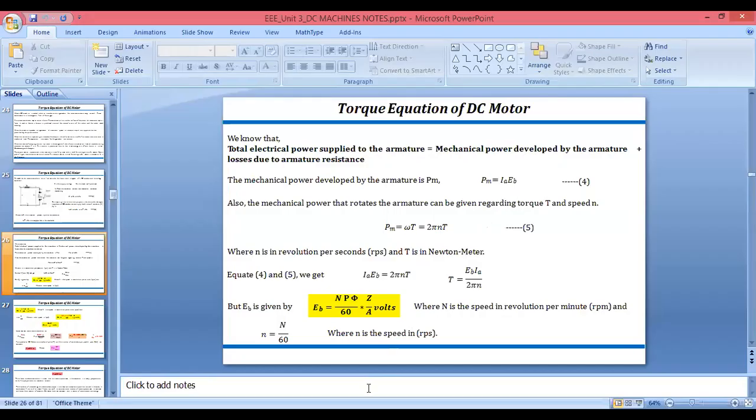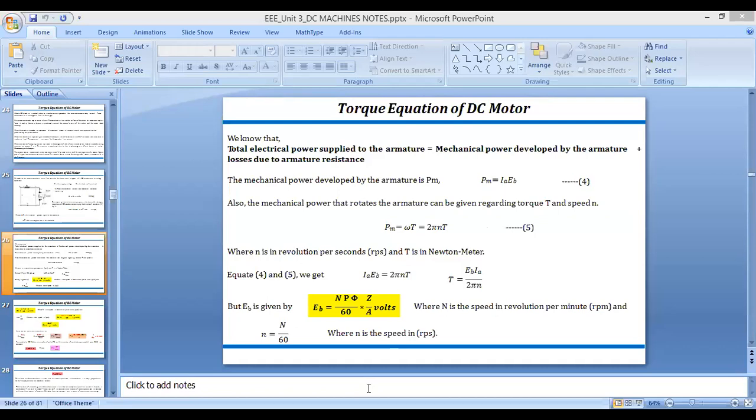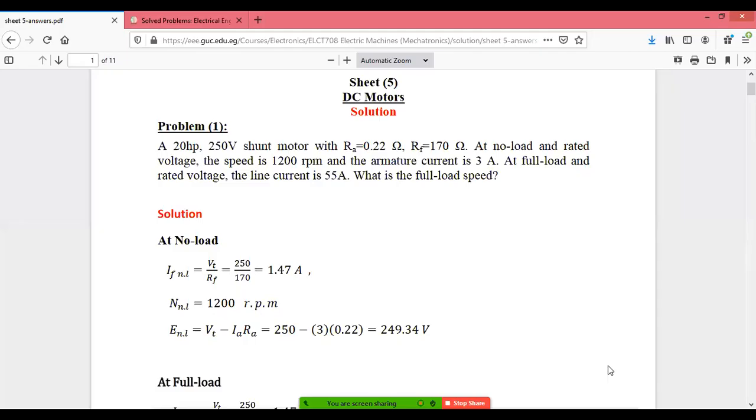So now we can solve a numerical. I am sharing a new screen where we are going to see the numericals. My screen is visible to you? Is this equation visible? Yes, ma'am. Okay. So there is a question.